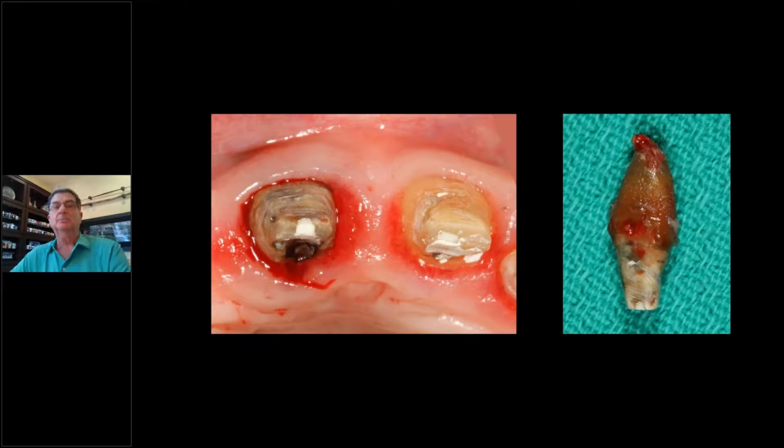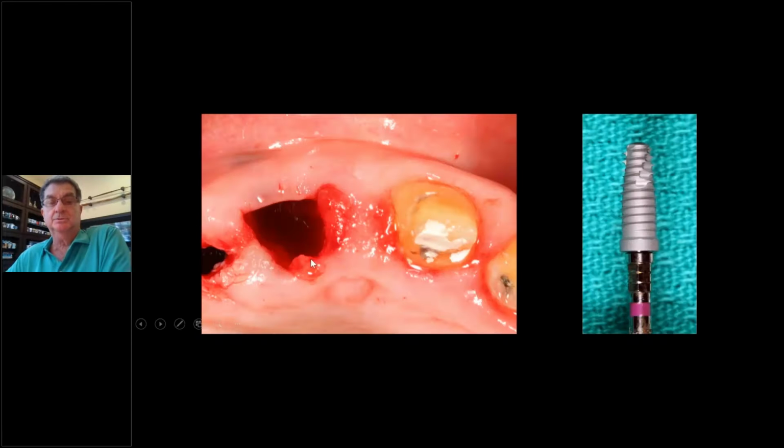Now, what about holding the shape? And I think Dr. Elaskary talked about this nicely. Take a look at this case. We took this bridge off. Again, Dr. Chu was the prosthodontist on this case. He took off this temporary, the old bridge that was on it. A lot of inflammation, and this tooth was cracked. So I took this tooth out. As you see, everything doesn't look so good.